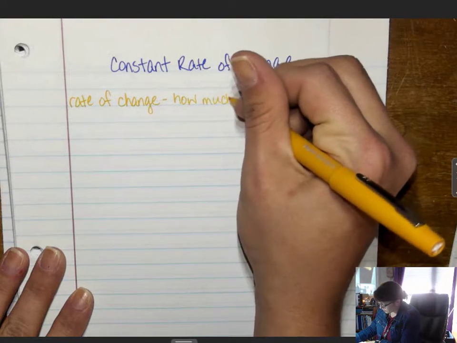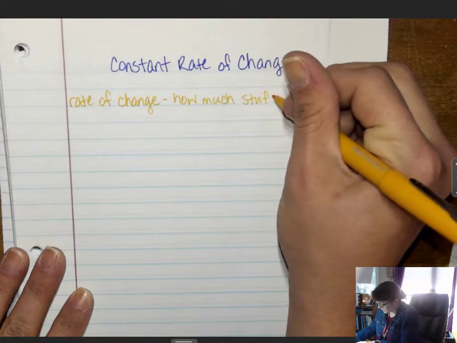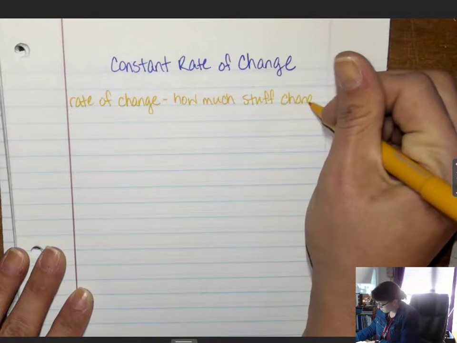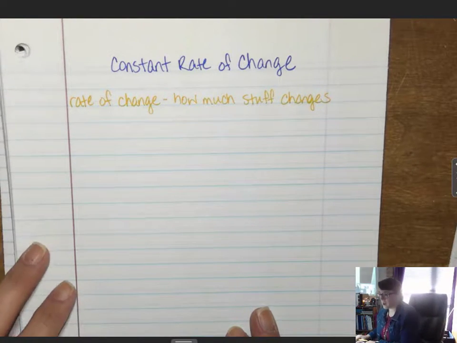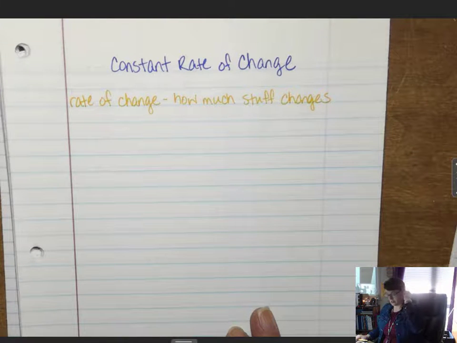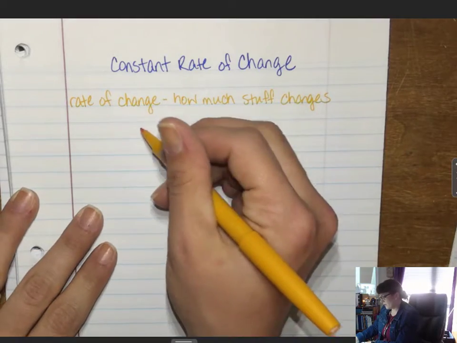How much stuff changes? I'm just going to call it stuff. It's X and Y. Cost, the amount of things you buy, apples and money. So speaking of apples and money,